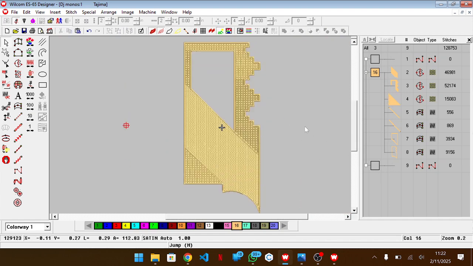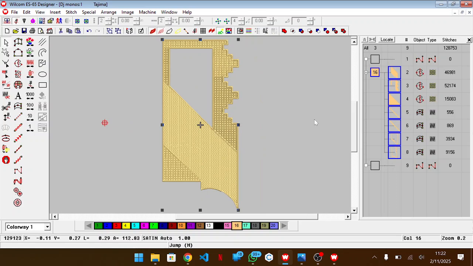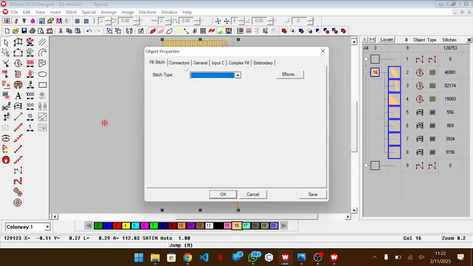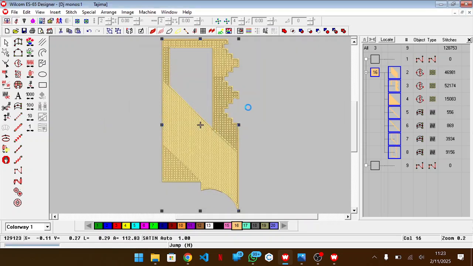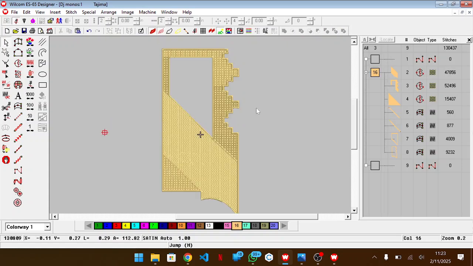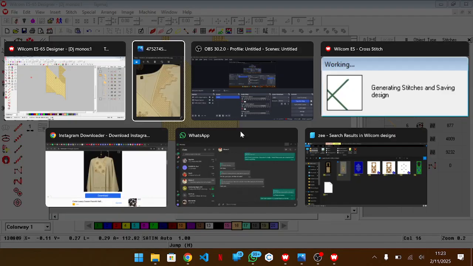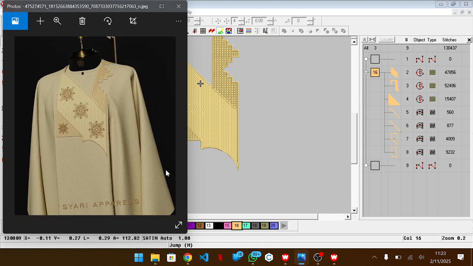Okay, so that looks good. Everything is arranged and cleaned up as we want. So Control A to select everything, A to check the property and see if it's well. I actually want 10 by 24. Okay, this looks good to me. Does it look good to you? Even if you say no, I know it looks good. So let's